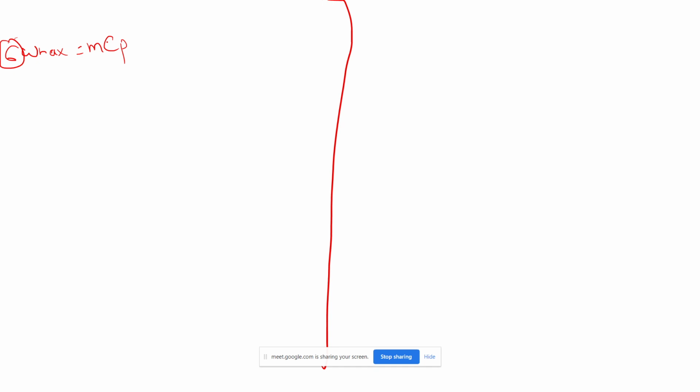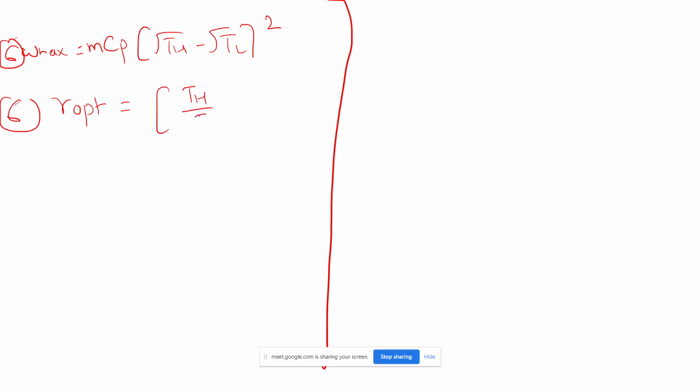You can also write m because previously we considered per kg. So if mass flow rate is also given, then you can multiply it and write Cp times under root T higher minus under root T lower whole squared. Sixth formula is the Rp optimum, which is given by T higher upon T lower to the power gamma divided by 2 gamma minus 1. Seventh important formula is